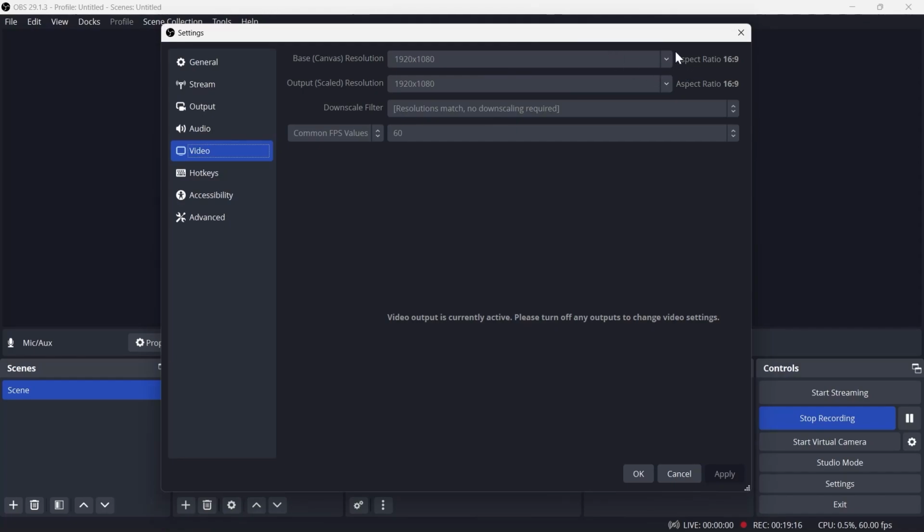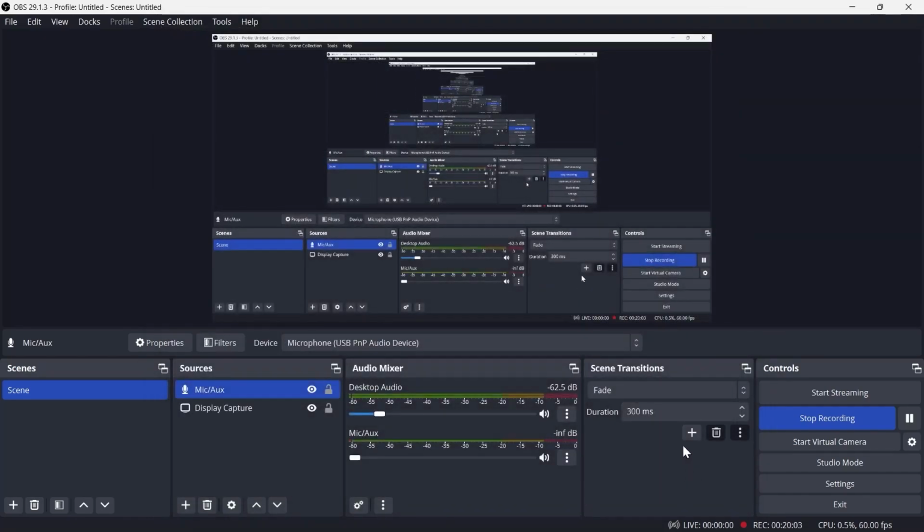If you want to change it, just click on this icon right here and choose from the drop down menu any of the aspect ratio that you want. If you want to downscale your filter, you will have to just click on this drop down menu and select any of the options, and your filter will be downscaled with that option. If you want to use common FPS values, that is common frame rates per second, you'll have to just click on this drop down menu right here and choose another frame rate from this section. And after doing all these settings, click on OK or apply, and your settings for those videos will be applied